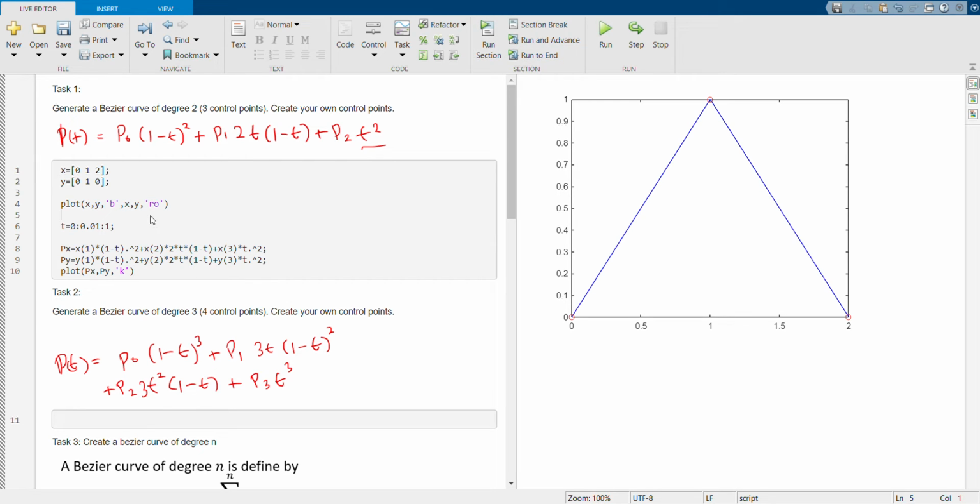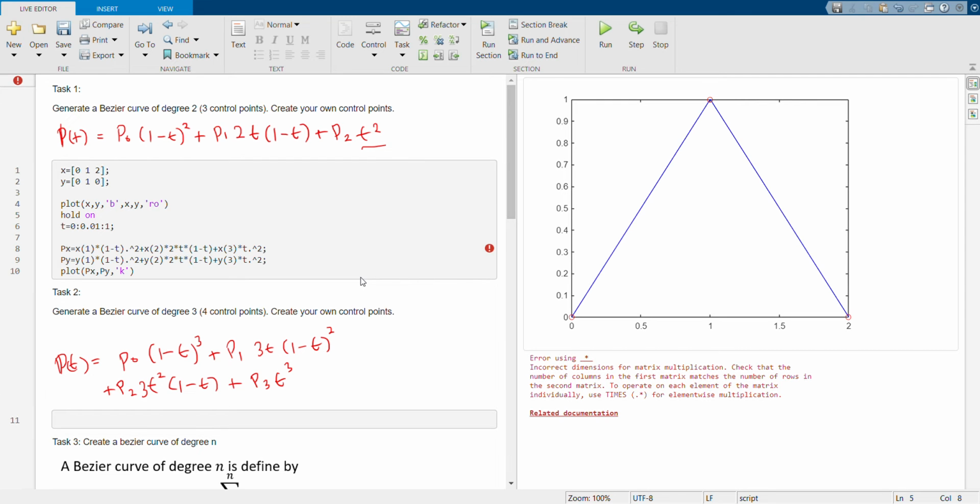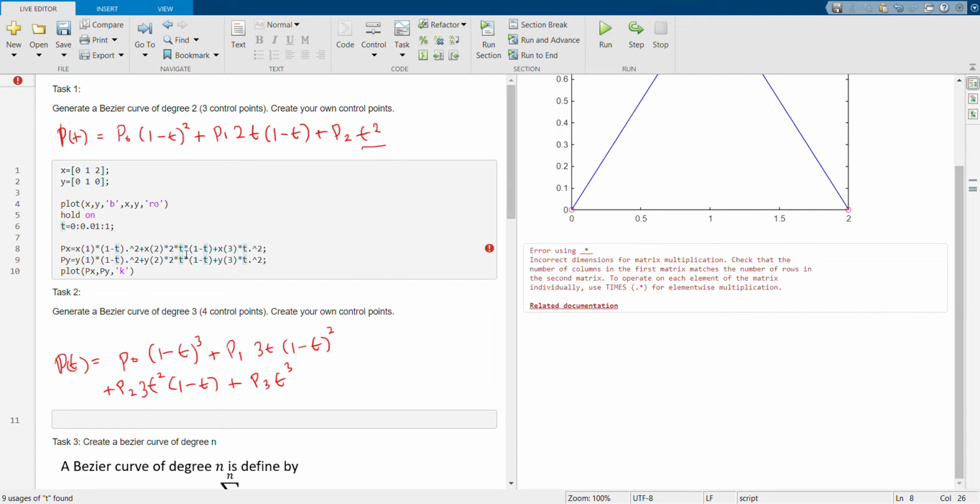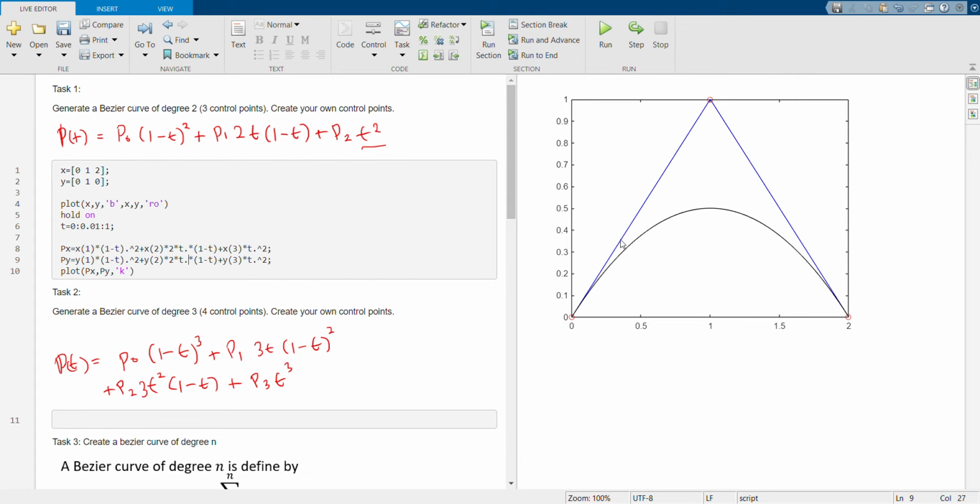Before that, I need to put hold on to hold the previous figure, and if I run, okay, there's something wrong. I need to put a dot here, so this is element-wise multiplication. Run. Okay, so you see the curve. Okay, let's say I change this one. So now look, before I change, it's something like this, and after I change, if I run,